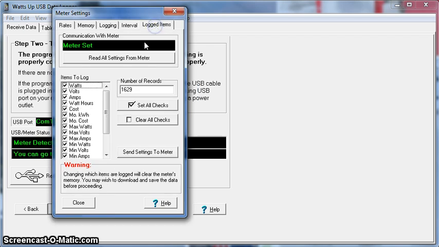Last tab here is logged items. Our meter can log many different items here. We've got watts, volts, amps, watt hours, cost, and that's a cumulative cost. We have monthly kilowatt hour and monthly cost, and those are simply taking the data and spreading it out over a 30-day period, so you can figure out how much this is taking up on your electric bill. Generally speaking, we recommend at a minimum that you record watts, volts, and amps,